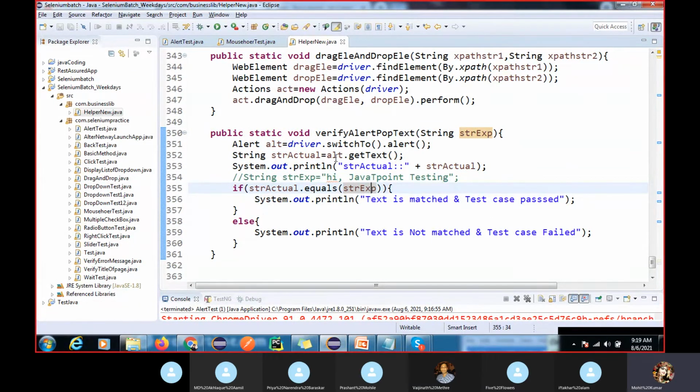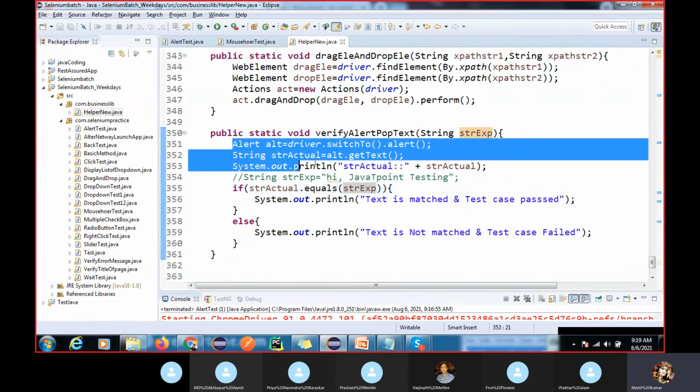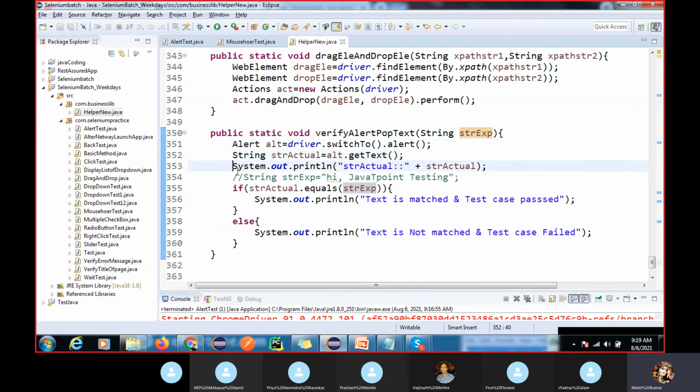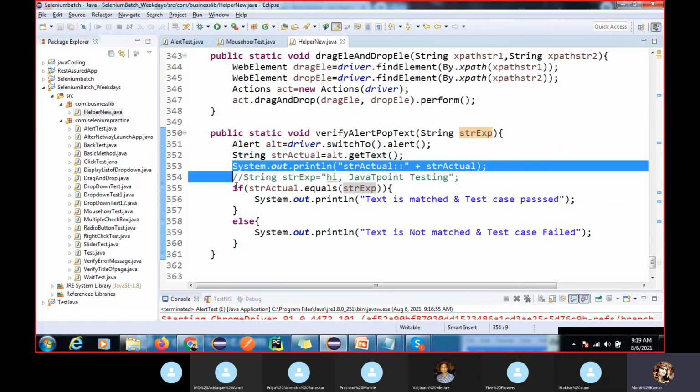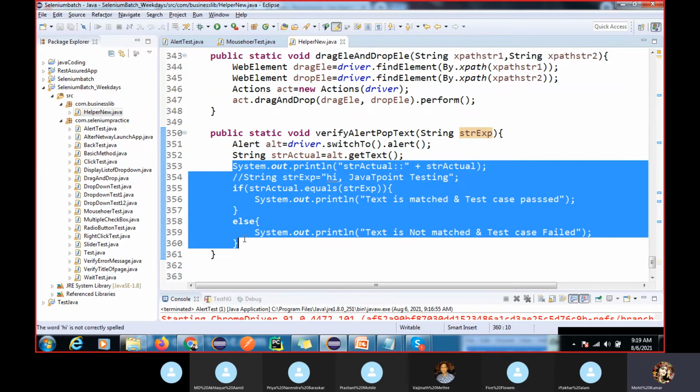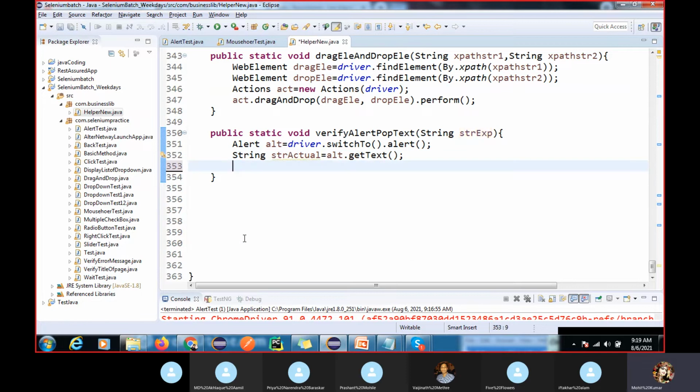You can simply make it for only getting the alert pop-up text, and this I already have, right? I copied it because this method is already there; you should not even write this method.